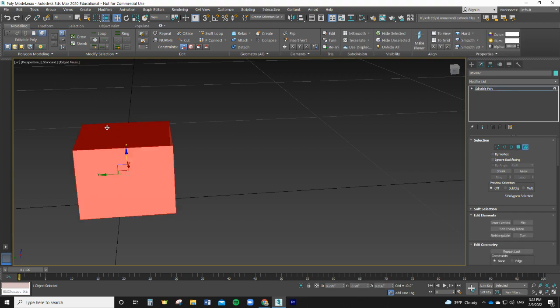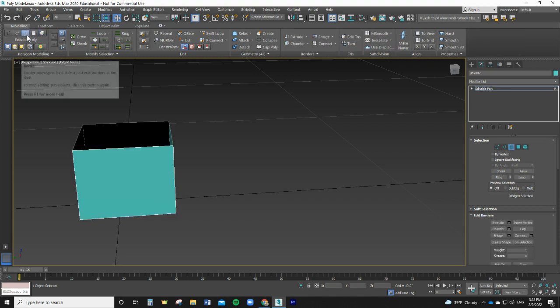So element, if I click on that, it's going to give me the entire object in my scene. But let's go back to this one here, border. If I click on border, now I can click on border because I have an opening. So this border, it's giving me around the edge, and I can